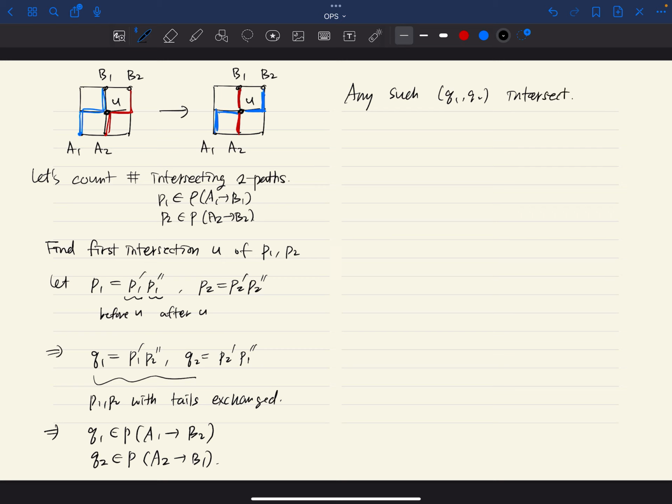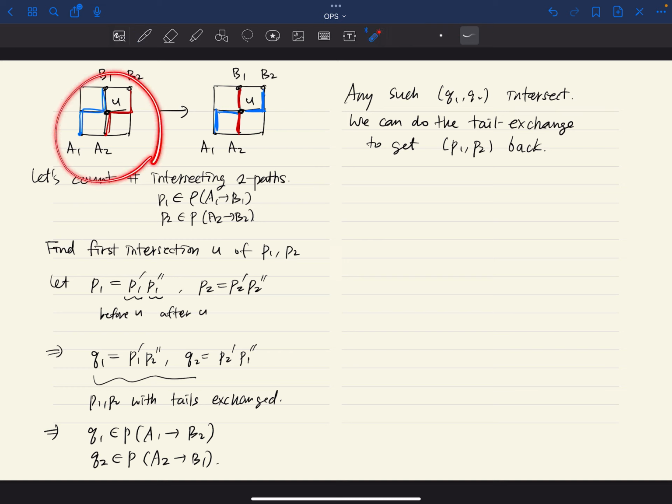That means we can find the first intersection point, and then we can change their tails as well. Then we can do the tail exchange to get P1, P2 back, right? That means non-intersecting paths here, intersecting paths here are in bijection with a path from here. That means this gives a bijection